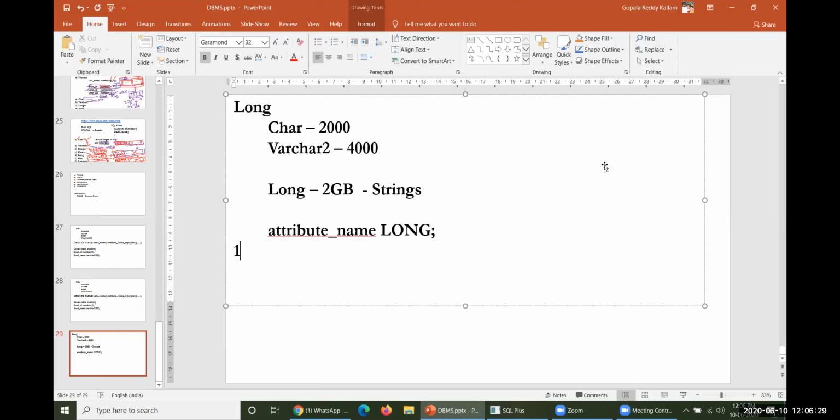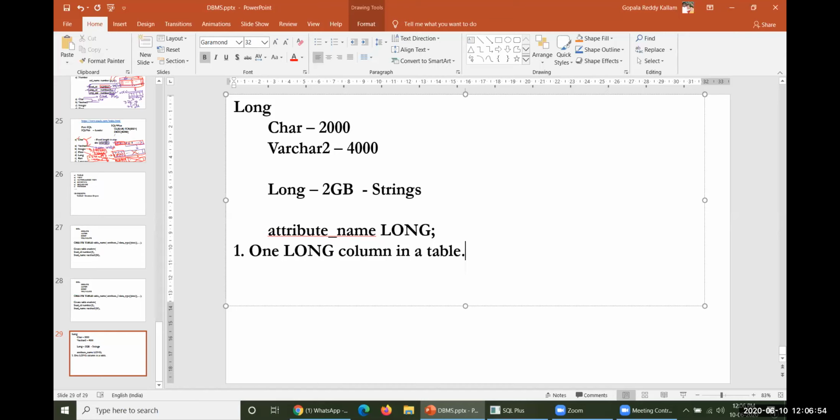The first one is that for a particular table, you can have only one long column. That is the first restriction.